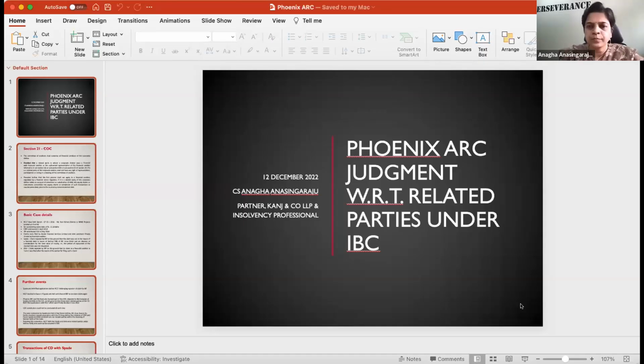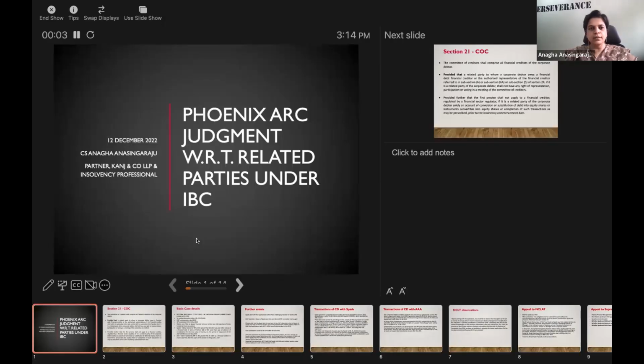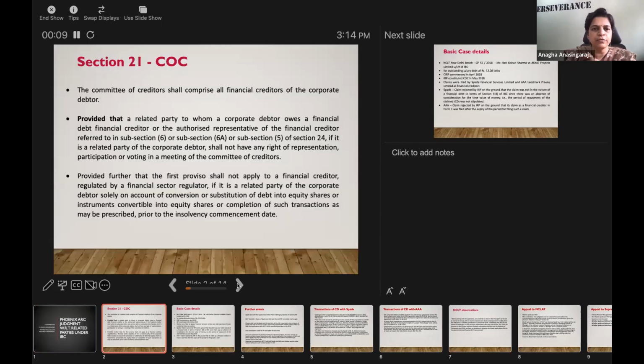Yeah. So the Phoenix ARC judgment with reference to the related parties. This is regarding Section 21 of the IBC, pertaining to the constitution of the Committee of Creditors. Now we are aware that Section 21 of the IBC deals with the COC,